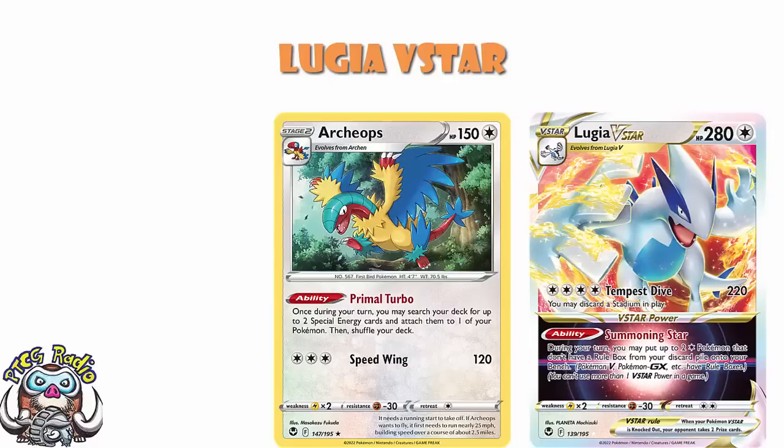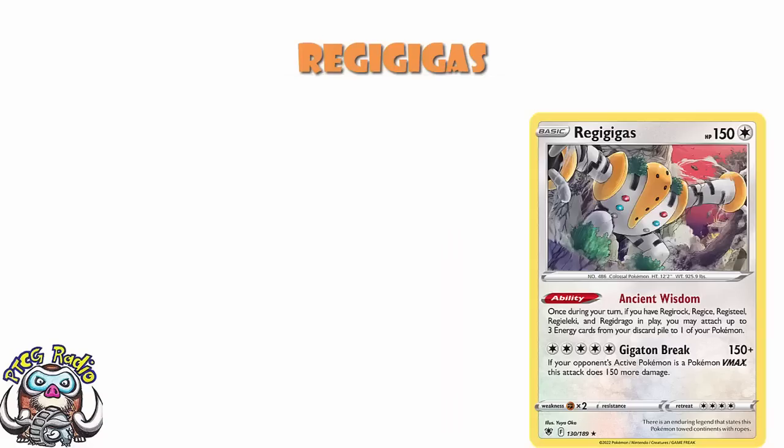One deck which is seeing quite a lot of play at the moment, and we're seeing in a lot of tournaments, admittedly didn't fare so well in Orlando, but it's seeing a lot of play, is your Regigigas deck. And the Regigigas deck all just revolves around, shockingly enough, Regigigas, that's got the ability Ancient Wisdom, and if your bench consists of exactly Regirock, Regice, Registeel, Regieleki, and Regidrago, you can attach up to 3 energy cards in your discard pile to one of your Pokemon. And it's very important to realize that it is energy cards, not basic energy. So that means that you can...